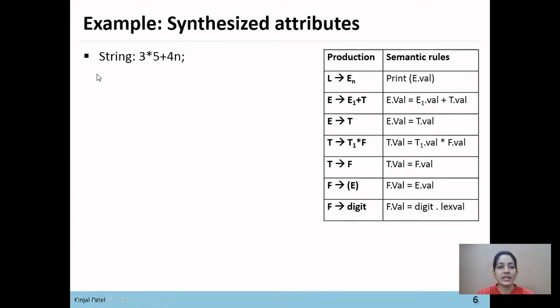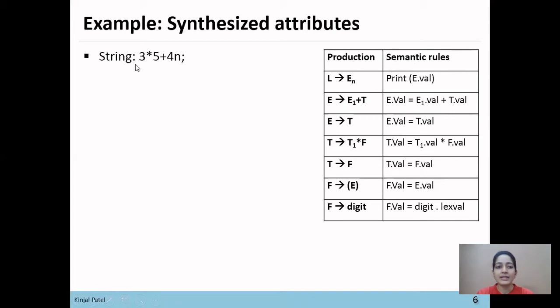Okay, so here is the string which we want to parse using these semantic rules. We will construct a parse tree for this production rule. And if we assign the attribute values in the parse tree for the semantic rules, then it is said to be an annotated parse tree.